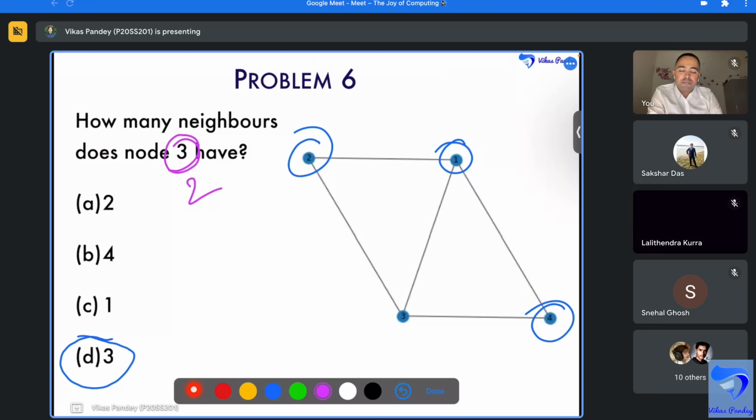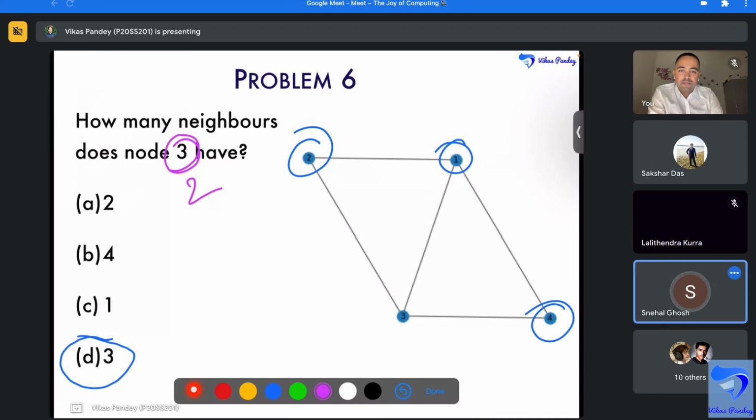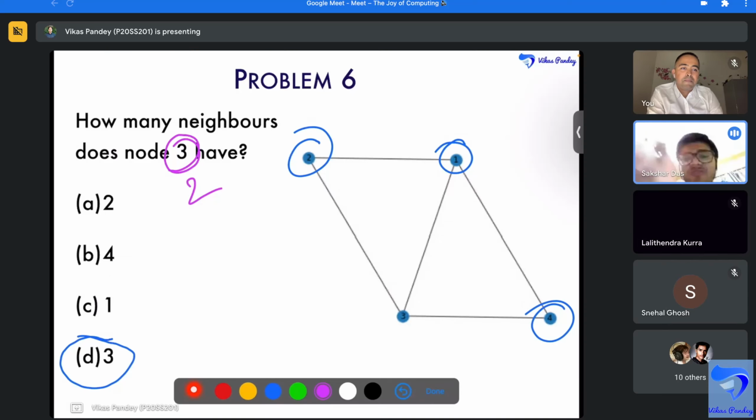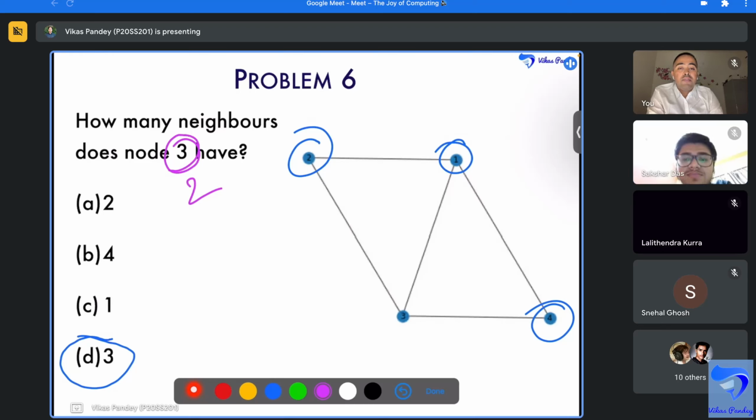Then it will be two, sir. Only 2, one and three, sir. 1 and 3. Why not 4? Because 4 is not directly connected to 2 in any respect. It is indirectly linked through 1 and 3. And if something is one node is at the side, like